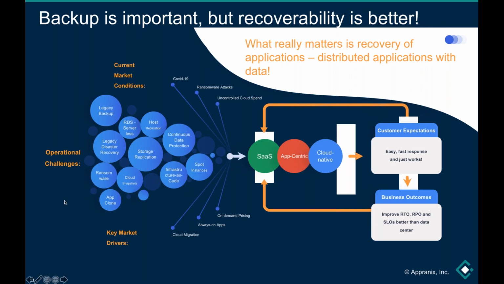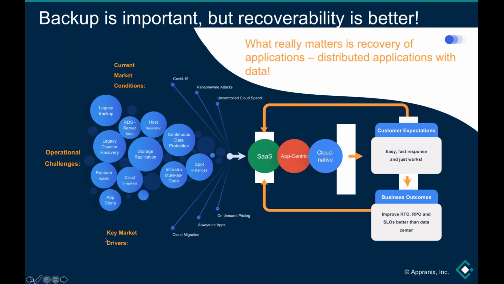So there are operation challenges. We take care of all of that. We give you this nice, simple, application-centric, cloud-native platform that simply works, right? You don't have to do any of that complex work to make sure that you are prepared for either the COVID-19 situation while going through all these reopening situations, and any ransomware attacks, unplanned or planned downtimes.